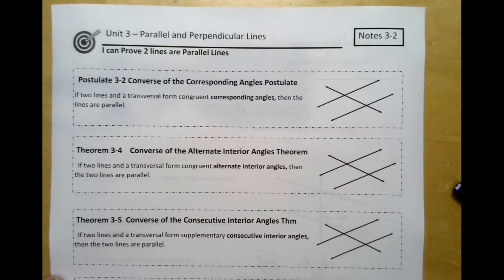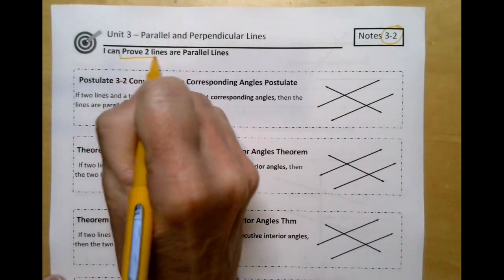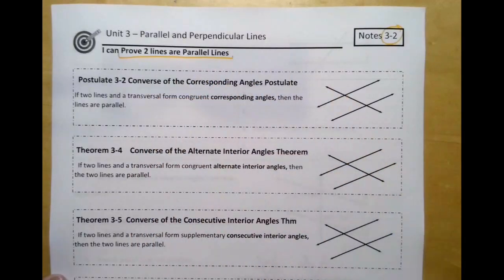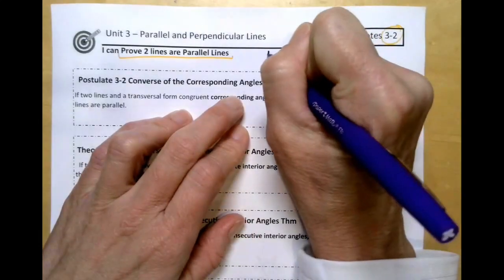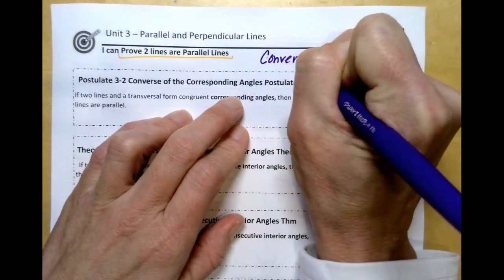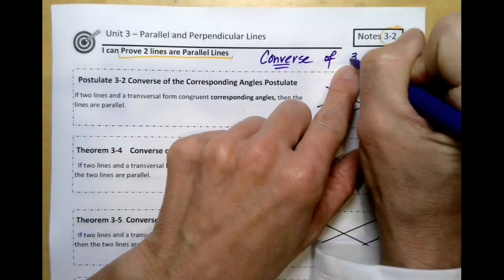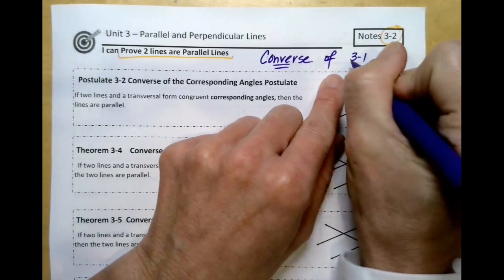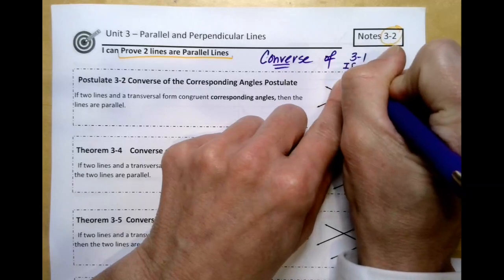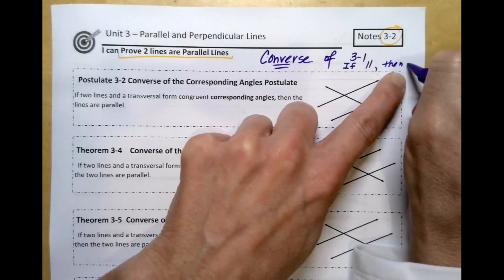All right, so here we go on notes 3-2, and I want you to pay careful attention because now we're talking about proving the lines are parallel. We're going to say this over and over again, but this whole lesson is going to be the converse of lesson 3-1. So in 3-1, Euclid gave us the rules of if the lines are parallel, then all these cool